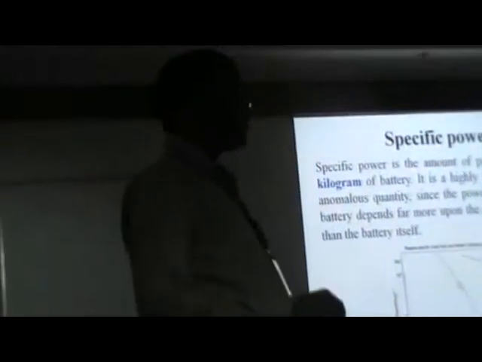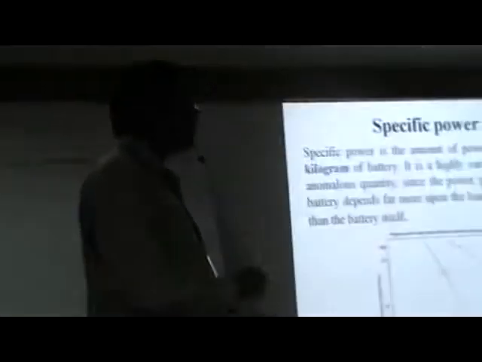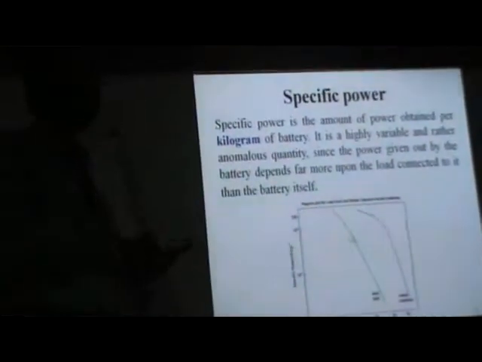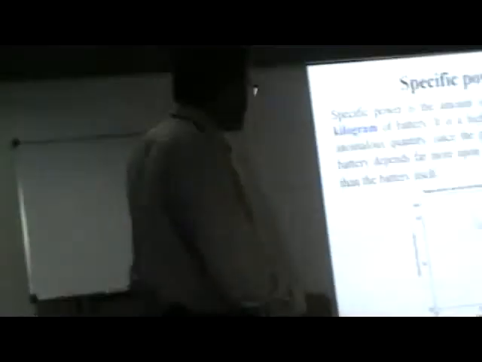Specific power. What is the specific power? It is the output power in terms of the chemical you have to take, per kilogram. How much of this chemical is added, according to the cell, if you want the ratio to be maintained. Then you have to draw the diagram. It is the specific power.